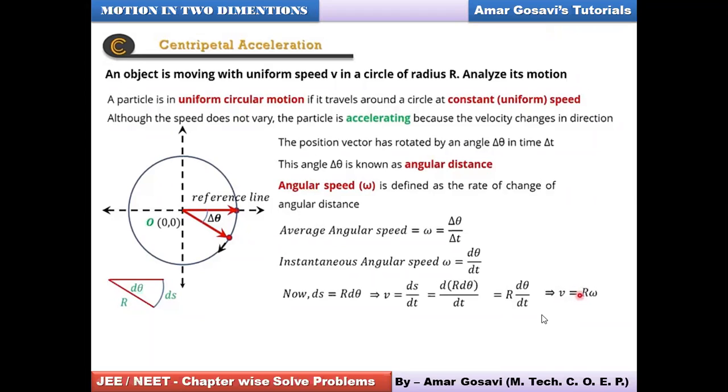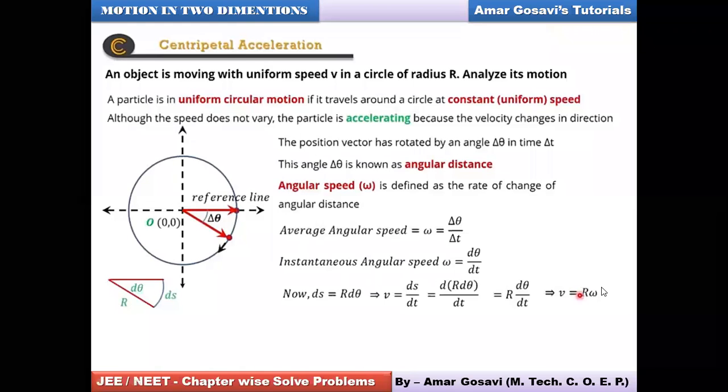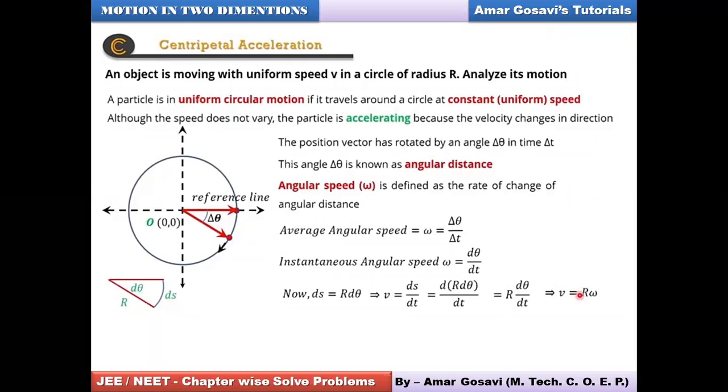In the form of a vector notation, you can always put it as a cross product. So v bar can always be the cross product of omega bar cross r bar in this case. So hopefully the first derivation is clear to you, where we have actually established the relationship between linear velocity and angular velocity with the help of radius.